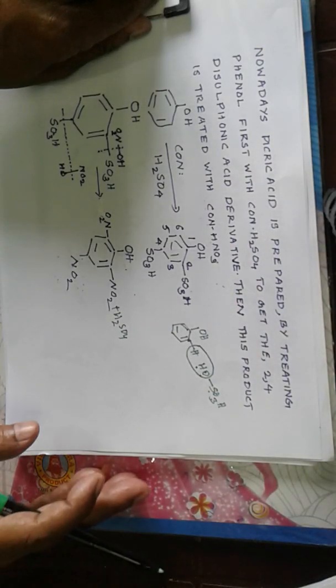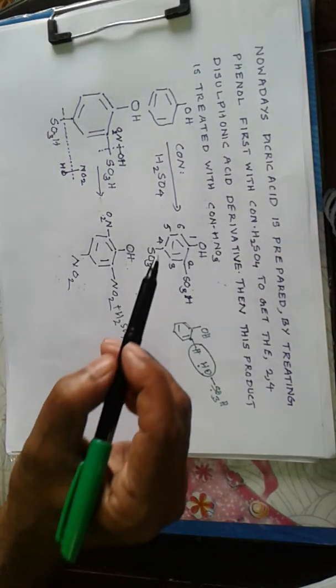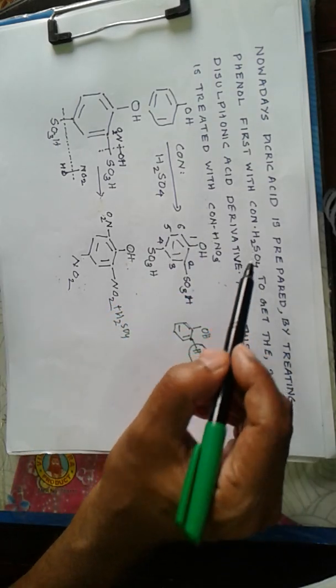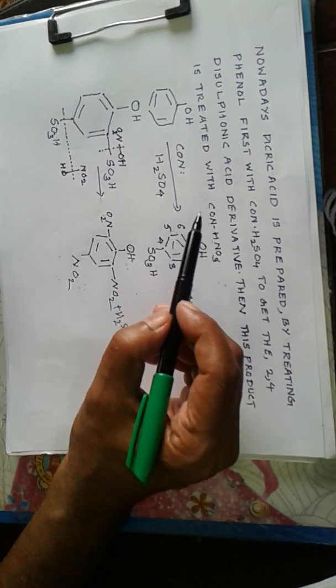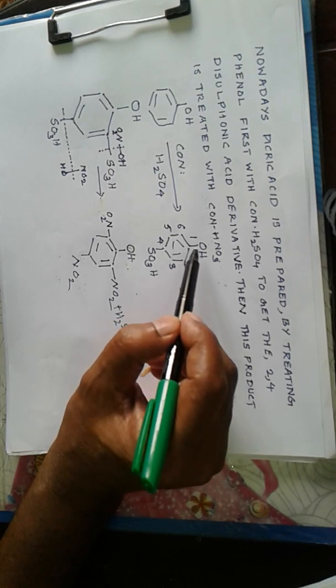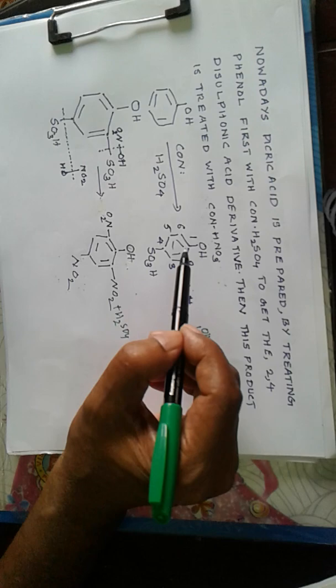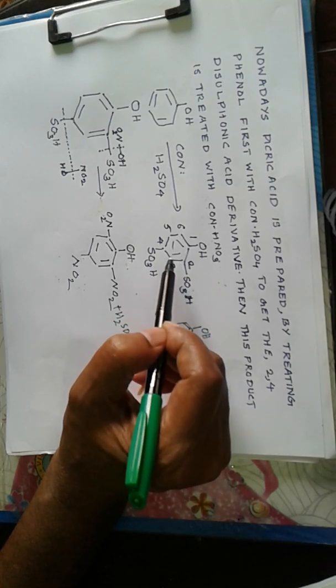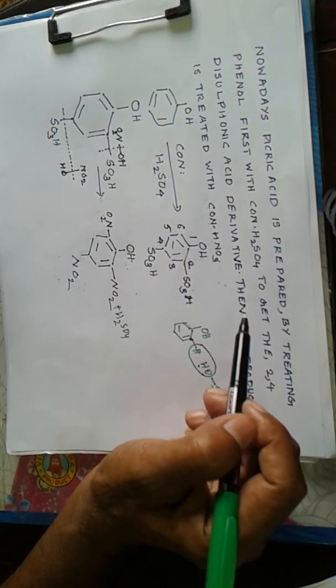Now, to get a better yield of picric acid, phenol is first sulfonated using concentrated sulfuric acid. Now we get the 2,4-disulfonic acid derivative of phenol, and when this 2,4-disulfonic acid derivative is treated with concentrated nitric acid,